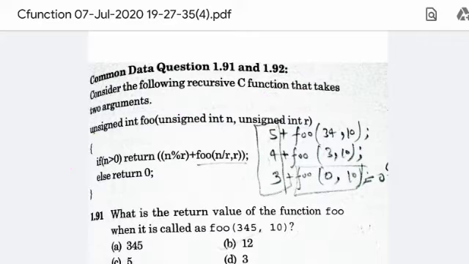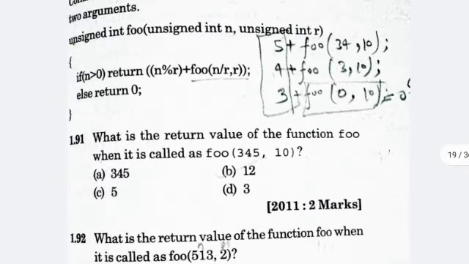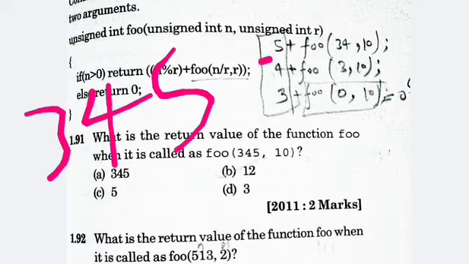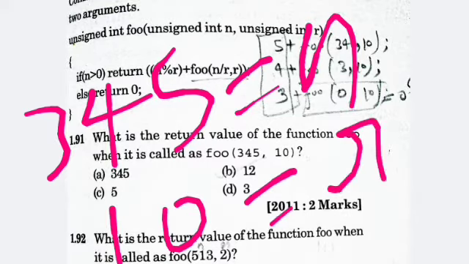Now the first question, 1.91, asks: what is the return value of foo when it is called as foo(345, 10), where 345 is the value of n and 10 is the value of r.